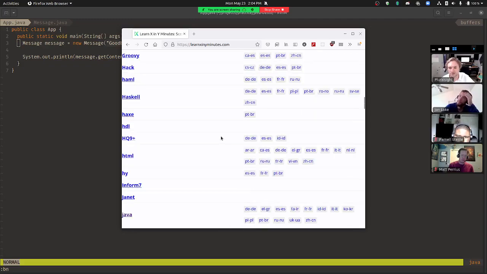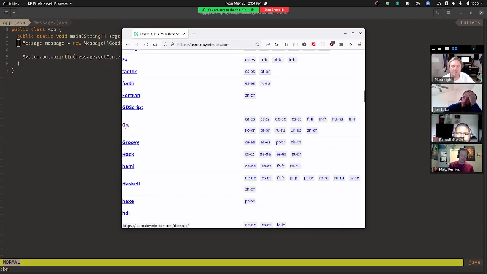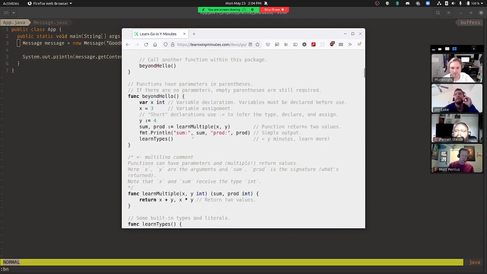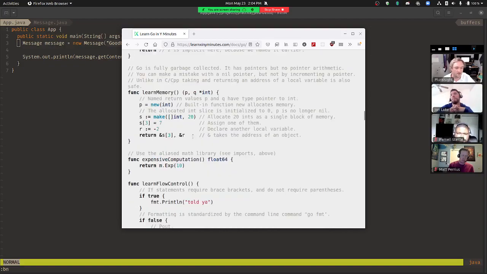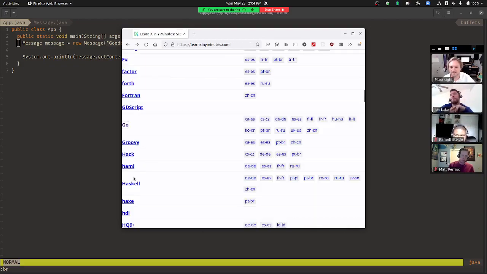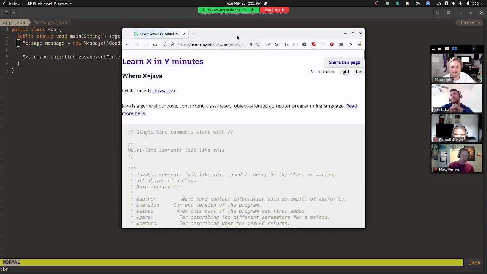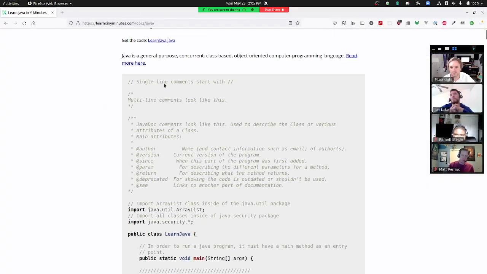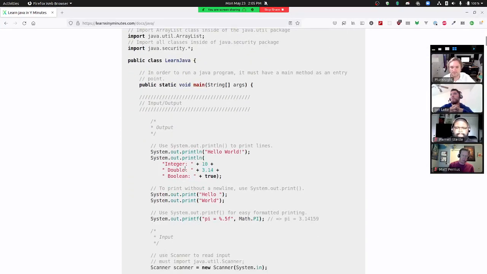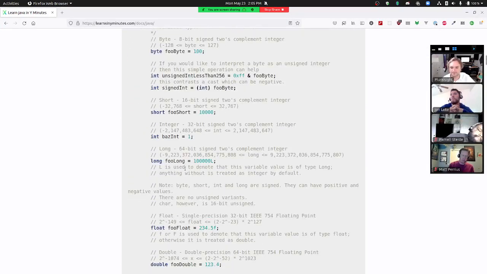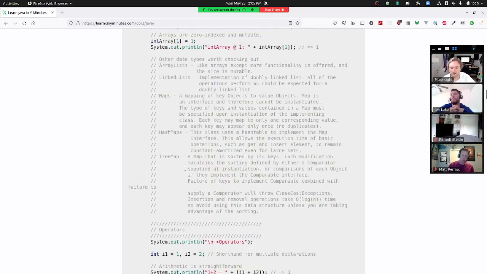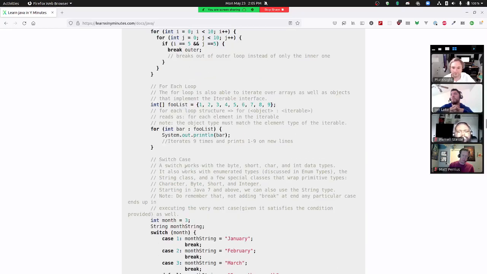So if we go down to Java, it's a perfect example. I was helping Kim with a Go interview practice a while back. And I've done some Go stuff before, but not a ton. It's been a while. So the very first thing I did was go through all of this and reacquaint myself with how their syntax works. Each one is just one long file that has examples of all of the language features, like comments, import statements, classes. Reading through this, you'll see everything that's in the language this way.